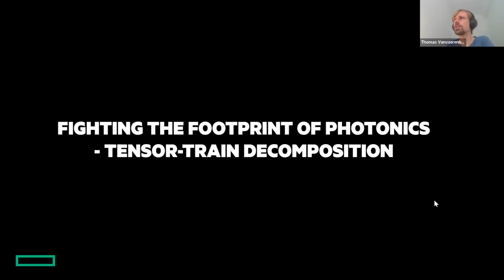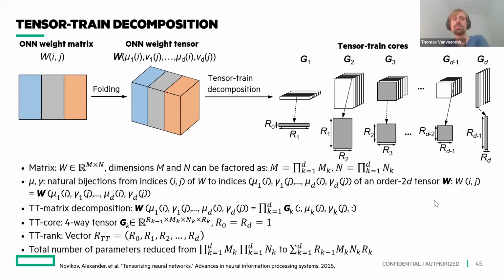Then I promised you a little bit more of a deep dive into these tensor train decomposition methods, and I'm also keeping track of time a little bit. The basic idea I already explained: you take a matrix and you want to reduce the number of elements that you need when you map this to a photonic device. So what is the whole flow for the tensor train decomposition method, which is the one that we first explored in collaboration with UC Davis and later also UCSB? You reshuffle the elements in your matrix by creating a tensor, just creating additional dimensions. This is not adding more elements, it's just putting them in a multi-dimensional tensor instead of a 2D matrix. Then once you have done that, you can apply existing tensor train decomposition methods,